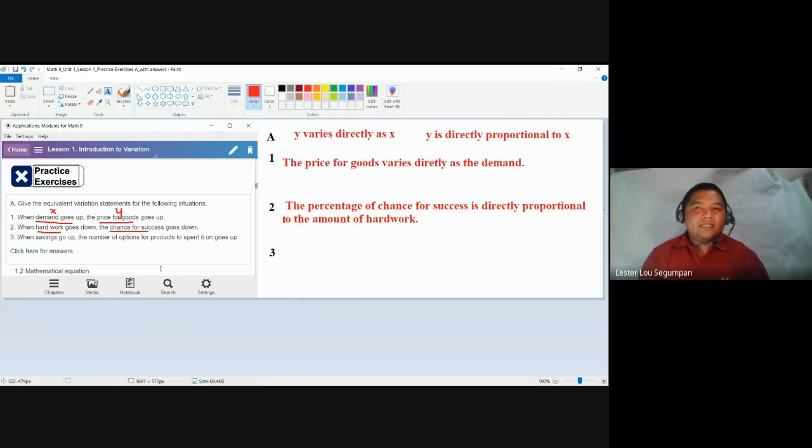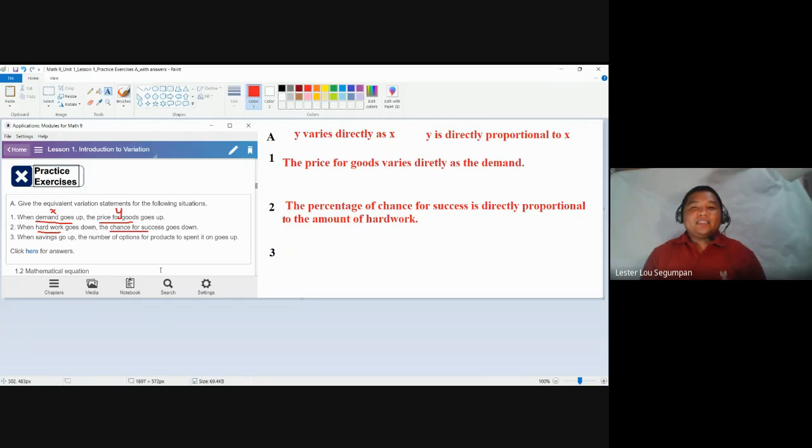And number three, right? Again, it doesn't say ano yung bibilin nyo. Number three, the number of options, the more options. Okay? So it doesn't say na you start with options first and then you save. Actually, it starts with your savings. The more savings you have, let's say you save a very large amount of money, then you have many options to buy. I could buy shoes, I could buy shirts or dress, I could buy gadgets.